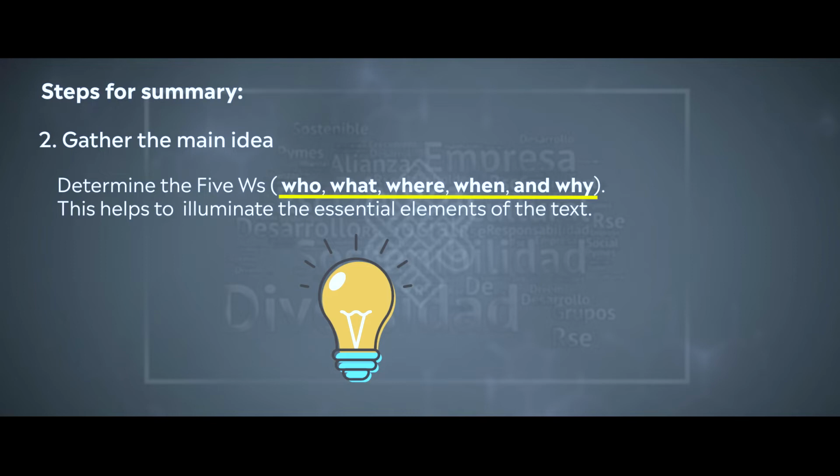So these are the 5 W's that will help you to gather the main points of the text. This actually helps to eliminate the non-essential elements of the text. You'll be able to filter out the main points from the text. So that was number 2. Third one,